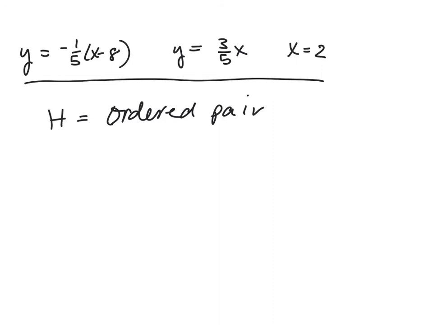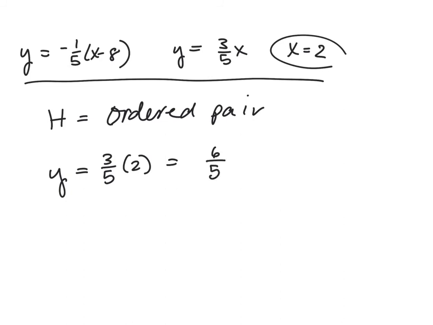So I can actually use substitution for this. I can say, okay, y equals 3/5 x, but instead of x, I'm going to plug in 2. So y equals 6/5, which doesn't quite work out yet. I'm going to put that in decimal form and I get 1.2. So I'm going to go ahead and plug that into, let's say, this first one. So 1.2 equals -1/5 x minus 8. If I multiply both sides by